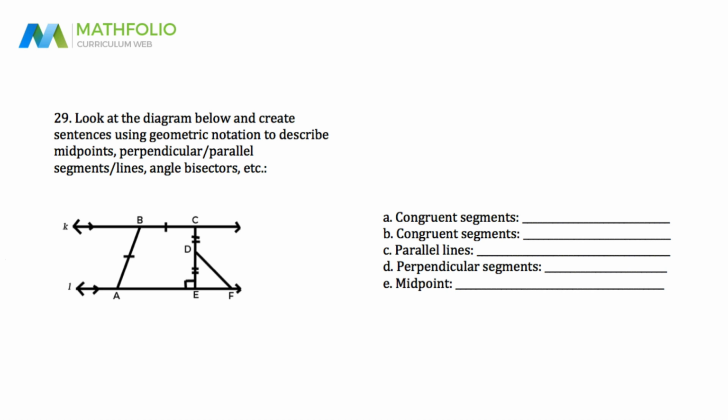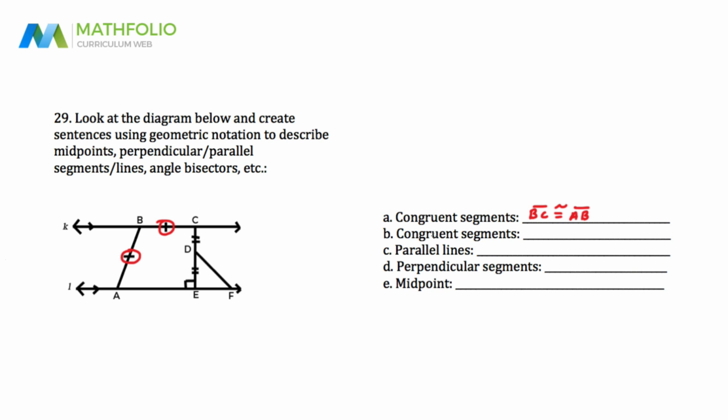Okay, question 29 has a few parts. We're going to look at the diagram below, create sentences using geometric notation to describe midpoints, perpendicular parallel segments or lines, angle bisectors, etc. So A is asking us for congruent segments. Well, I see this and I see this. So therefore segment BC, must put the line on top, is congruent to segment AB. So that could be our first